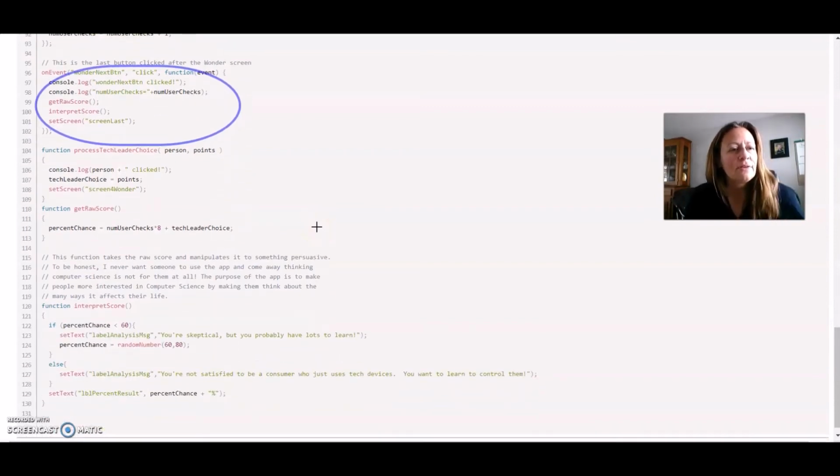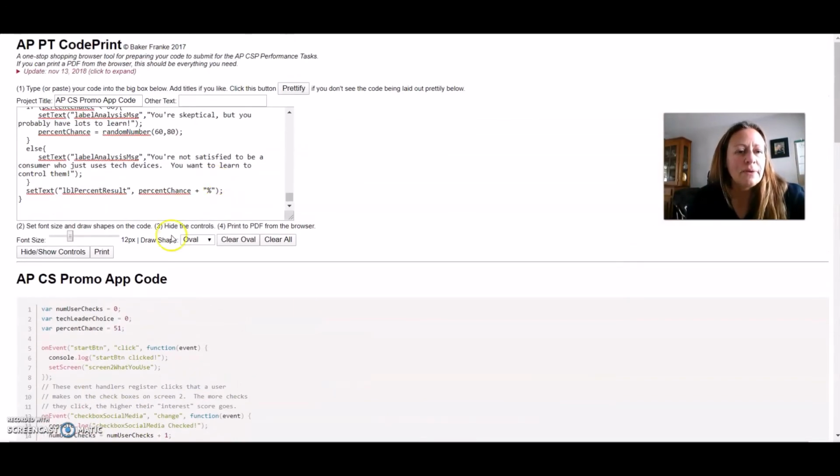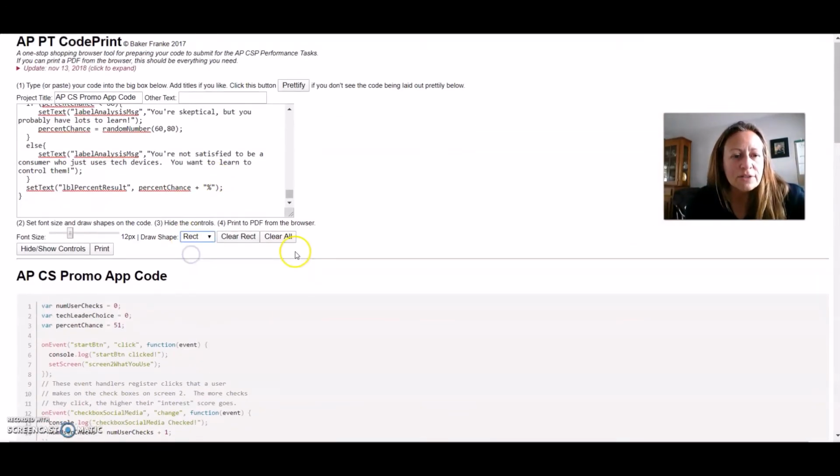Now, those 2 lines of code, 99 and 100, those are the sub-algorithms. I don't have to put an oval around the sub-algorithms. I can describe in my written response that get raw score is one of the algorithms inside of this algorithm, and interpret score is one of the algorithms inside this algorithm. Okay. Now, I'm also going to put a rectangle around